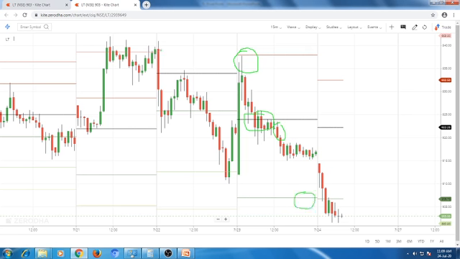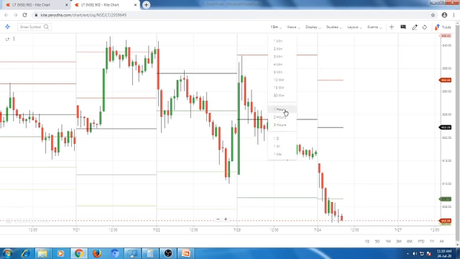And if you consider the previous day, it opened above the pivot, and the moment it crossed the pivot, it reached the support 1 zone. Then it took support at this level, bounced back and hit the pivot point. Again it came back and hit support 1. Once support 1 was broken, it hit support 2 also. So this is the way you can use pivot breakout as well as the bounce back.